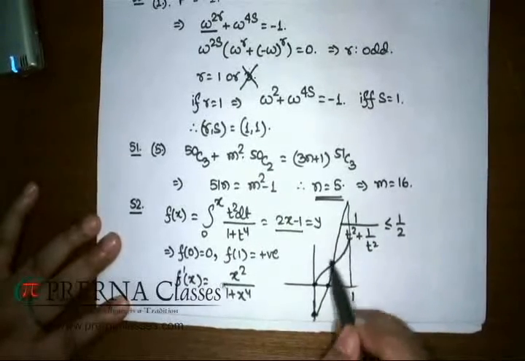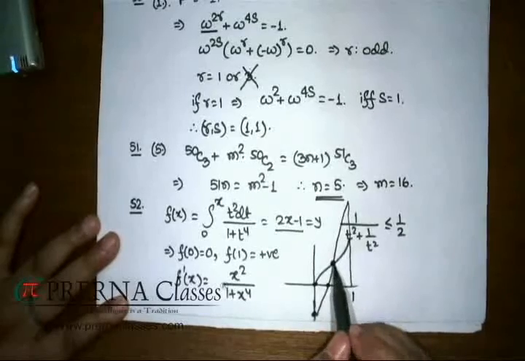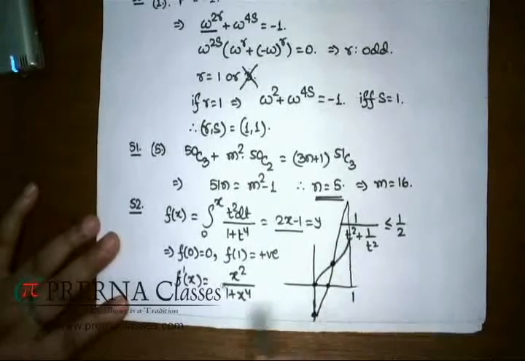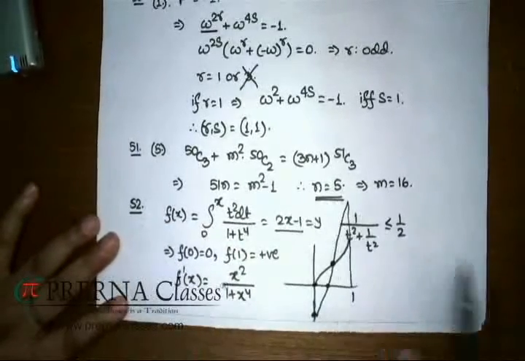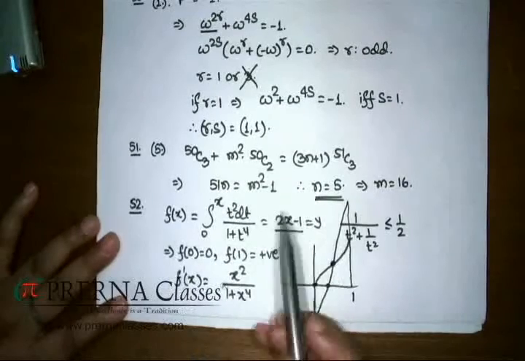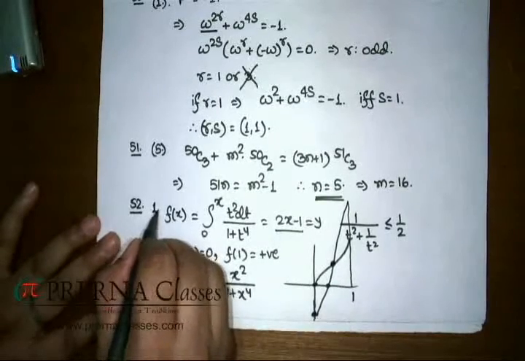Clearly then the two increasing graphs are going to intersect in one point, and only one point, because the derivative is 0 for only one x, that is 0. So you cannot have more than one solution of f(x) equal to this. So the number of solutions is going to be equal to 1.